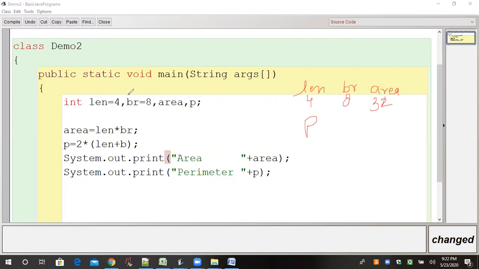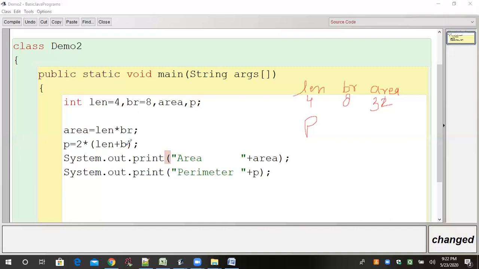Is it 24? 2 into len plus b. First of all, the bracket will be resolved.